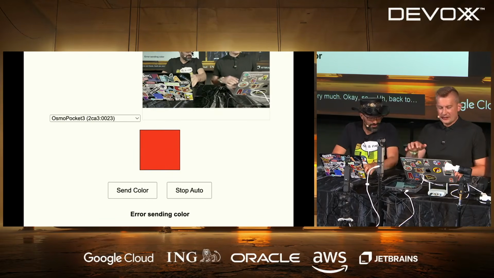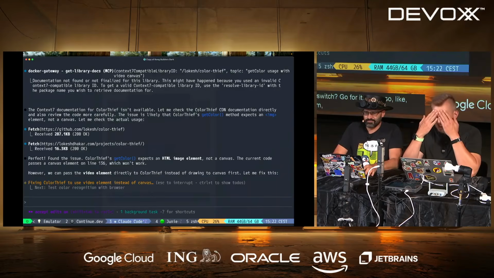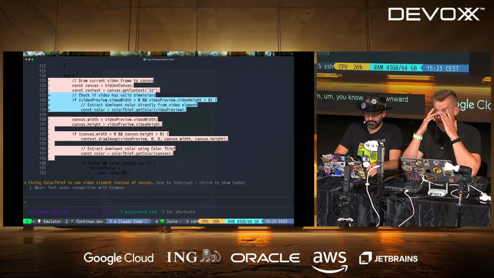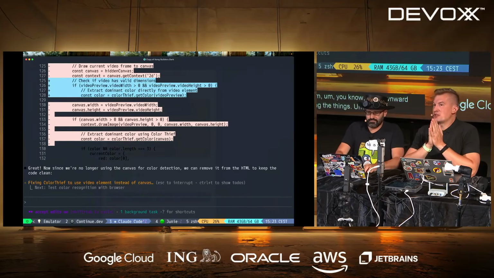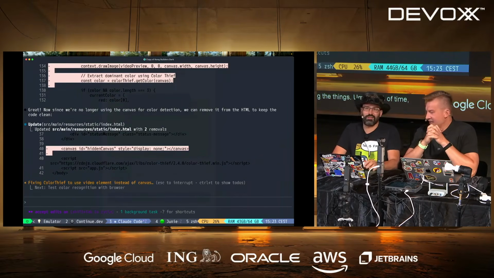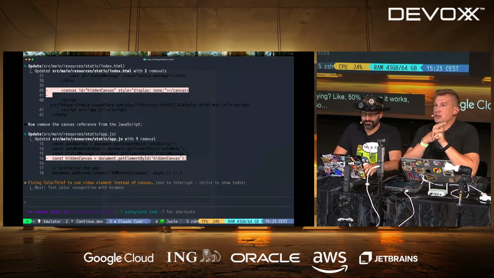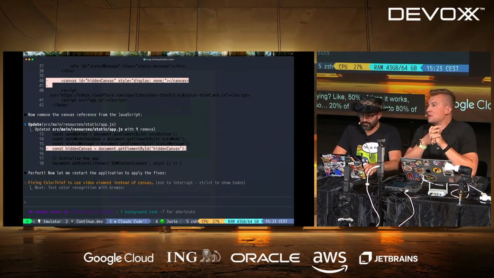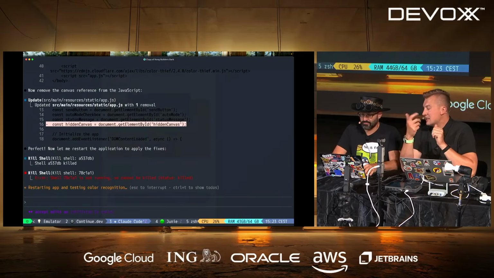You ready to switch? Yeah, go for it. And this is where we're going into the downward spiral of doing the things. What's the saying? 20% of effort goes into 80% of the application. So everything was easy in how we started, it generates everything. But the last 20%, when something is not working, takes a majority of the time.